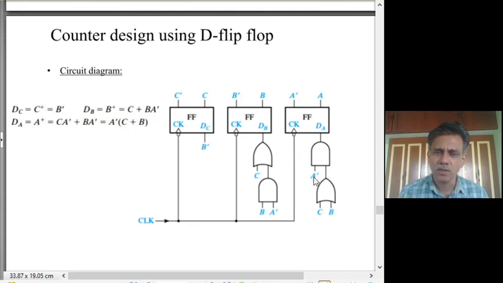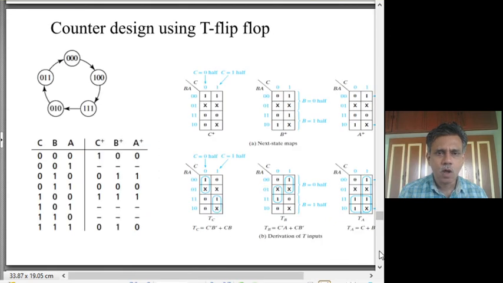Of course, this is more a logical expression. If you want later on, how do you get this A bar? You can take it from here. How do you get C and B? You can tap it from C and B here. So there are actually lines going from these points to these inputs, which are not shown for simplicity. Okay. So we have now designed a counter using D flip-flops. Well, now we will take the same example, but now we will show how we can carry out the same design using a T flip-flop instead of a D flip-flop.